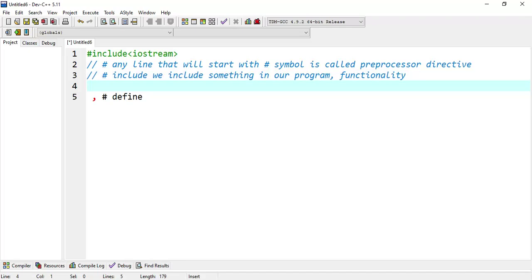So using #include, we can include a header file. What is a header file? A header file has some functionality that we will use in our program.